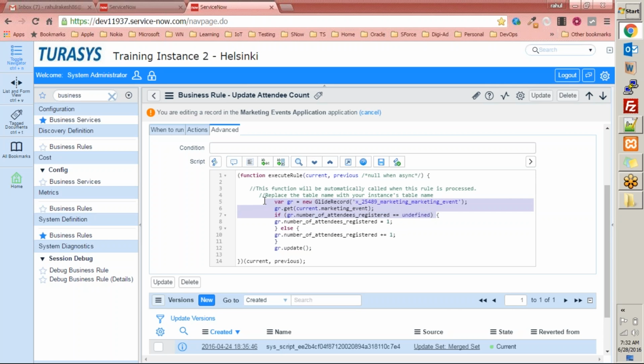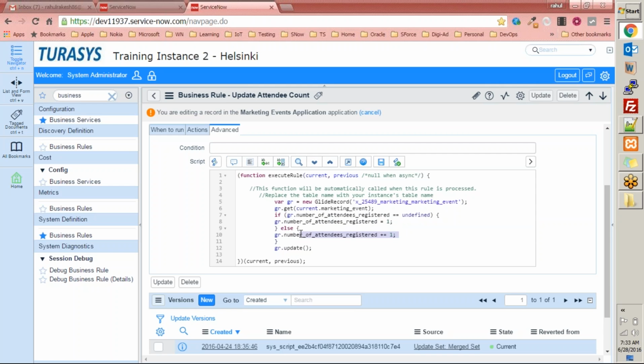You are checking here that if the number of attendees registered is undefined, right, then you are going to make gr dot number of attendees registered equal to 1. If it is not undefined, you are just incrementing the number of attendees by 1. That's it,